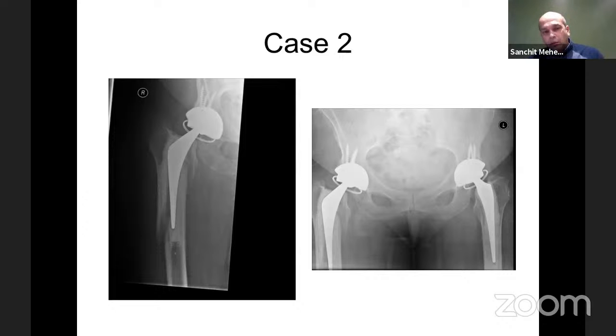So options are, you could fix it, but unlikely to be successful because the implant is now unstable. You could revise and fix it with a similar length, but then plating it distally because the cortices look decent further down the line. What we opted to do in this case is frequently, especially when you have that lesser trochanteric split going up, it's quite worthwhile getting a CT scan to explore the bone stock available. But then we delivered the femur through the fracture site and then lifted it out of the constrained mechanism.